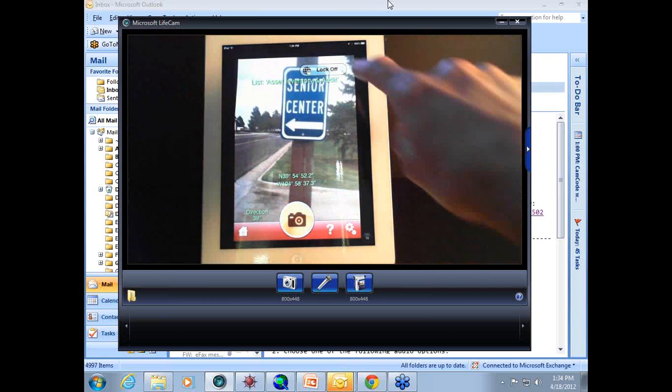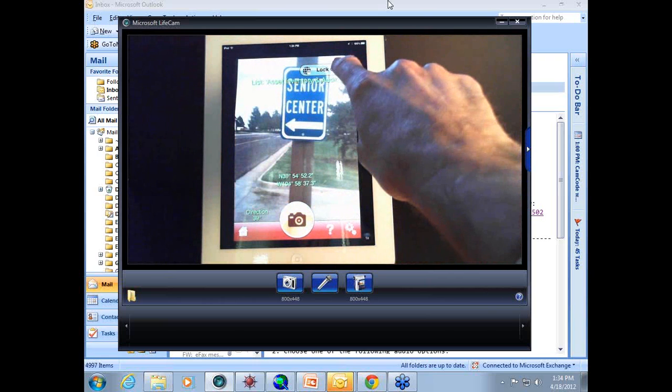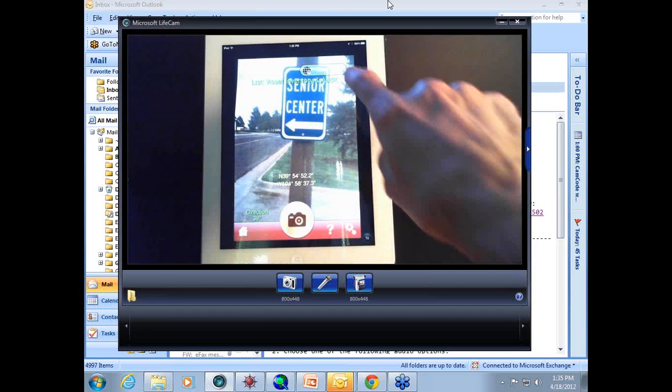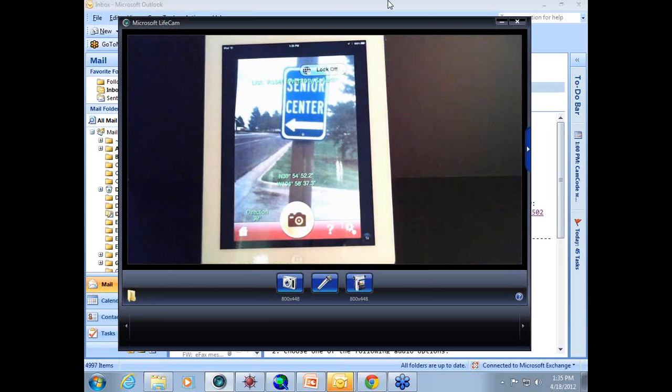If I don't want some of those showing, say GPS accuracy, I can turn it off, and now that is no longer showing. Importantly, for some asset audits, I can lock my GPS coordinates, and the information turns yellow. I can walk up to, for instance, this sign and lock my coordinates, and then if I want to, I can then back away and take various pictures of that sign from any distance and angle, but those photographs will still have the same GPS coordinates. So I'm going to take a picture,